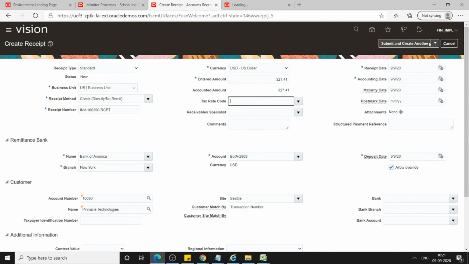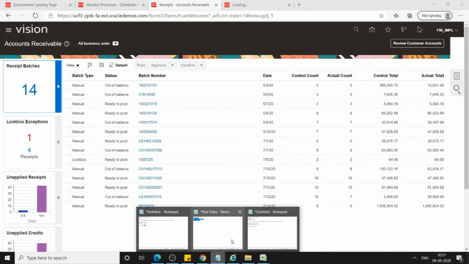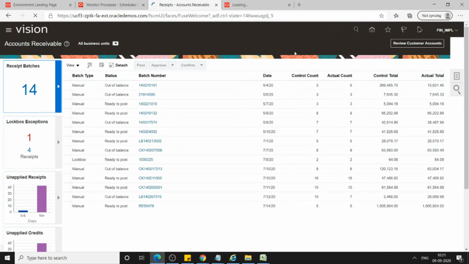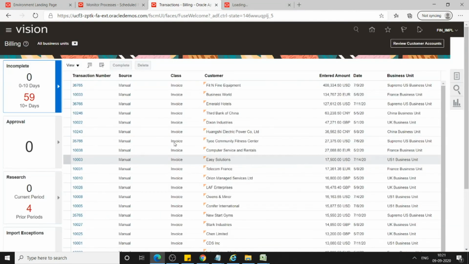Just submit and create another, or I'll just click on submit. So the receipt number, this is the number I have given manually, so the receipt number is generated. Let me note down the receipt number also. Okay, now go back to billing, and here we will search with our invoice number.